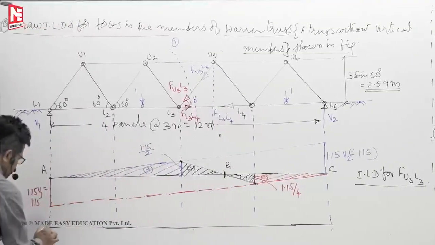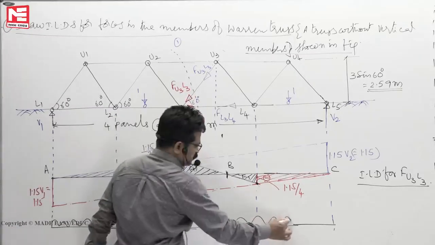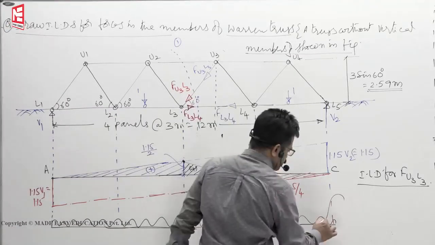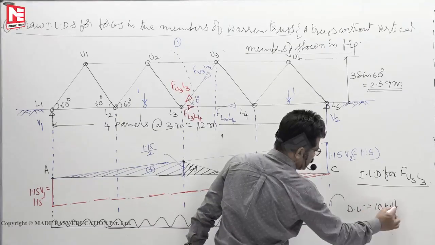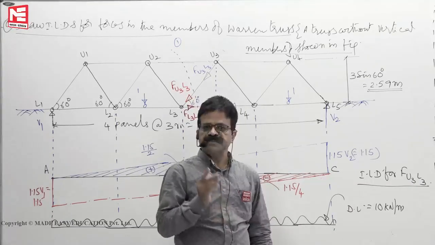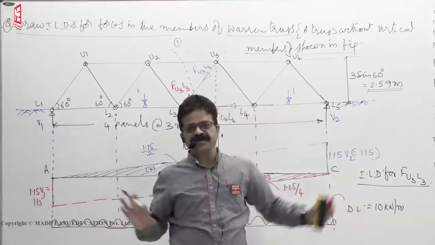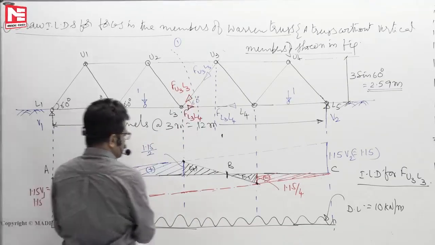Because dead load you have no choice, you cannot adjust. It is fixed in position. This is a dead load of 10 kilonewtons per meter. And moving UDL length is not given. That means the UDL is always longer than the span. That means live load should be kept up to B